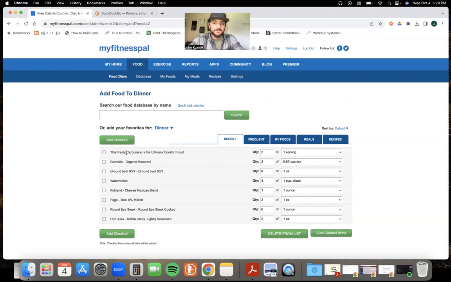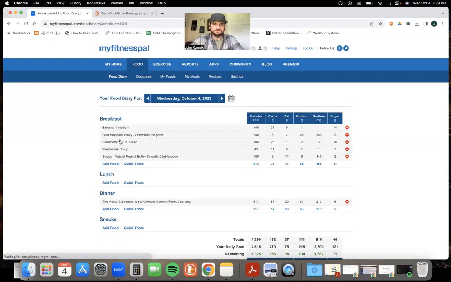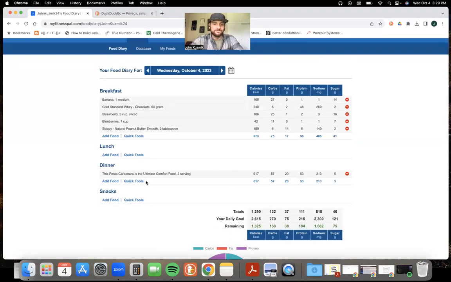So if I go up here, pasta carbonara, bang. I click the check, check quantity. Two, 2 of 1 serving. My wife did all the measuring and all that stuff, so I'm not super worried about it. Add checked. Okay. So all of a sudden, bang, it's already in there. 50 grams of protein, 20 grams of fat, 57 grams of carbs. Okay. That made up a lot of the carb differential. Okay. As you can see here on the bottom, still have 138 grams of carbs left, 38 grams of fat,